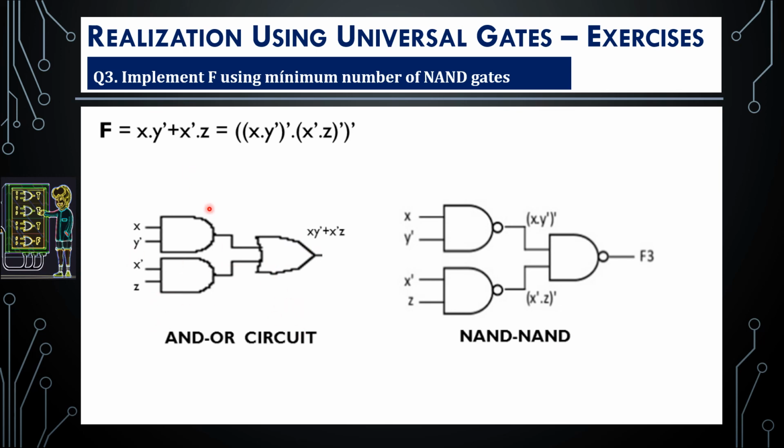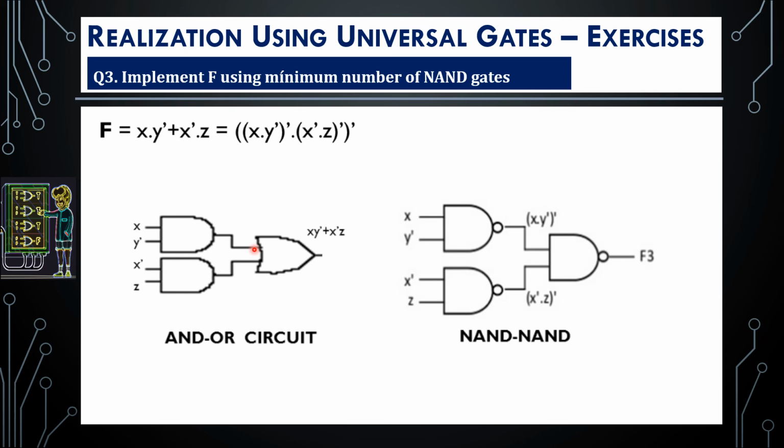Now, what is the next step? We need to put one bubble at the output of each AND gate, and at each input line of the OR gate. So we are putting one bubble here and one bubble here. Here also we are putting one bubble, and on the input of this OR gate, in this line, we are putting one bubble. So we have two bubbles on the same line, so we are not adding any more bubbles. The same in this case also.